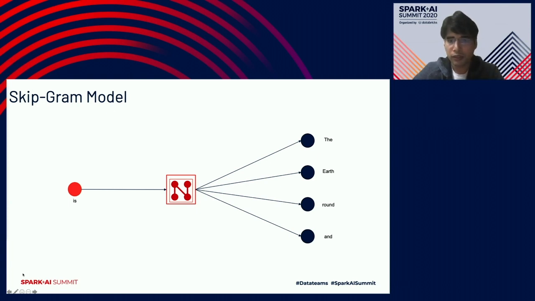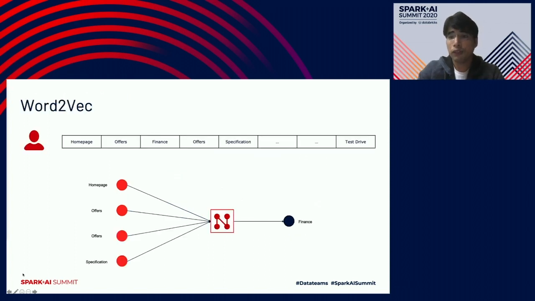Okay. So coming back to our example of page categories, for each user we have a specific sequence in which they have gone through the journey, right? So they might have come to the homepage, then offers, then finance, and in this way we can consider this as similar to a sentence, right? And each of these can be different words. So what we do is we pass these individual stages of the journey as input, and we try to predict what our target word nearby is. Okay, and in the process we learn the embeddings for each of these page categories.